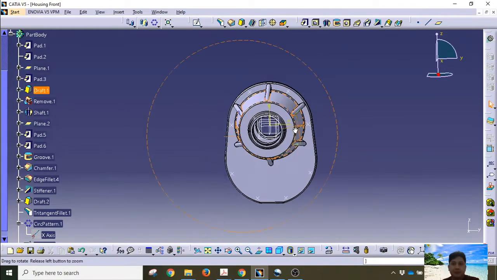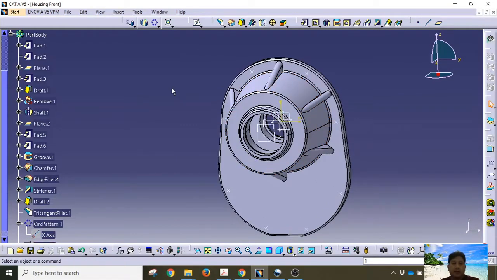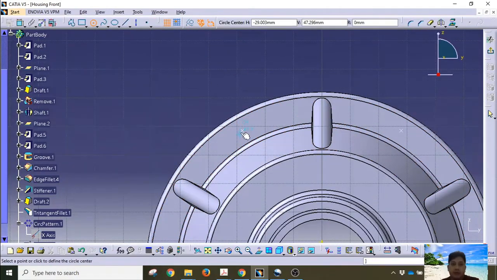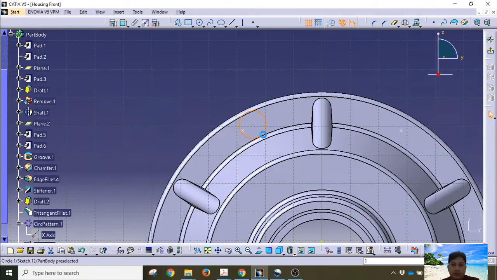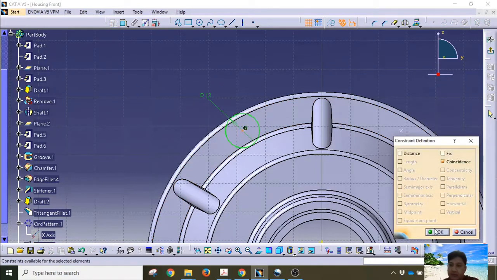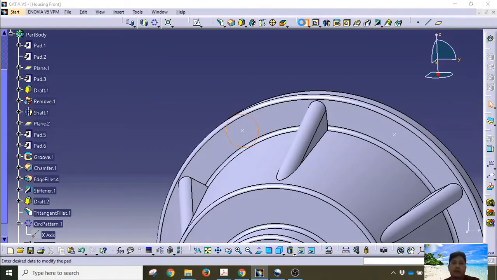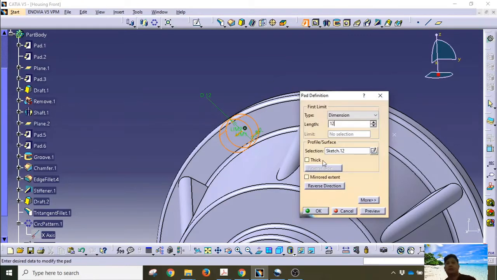Next, what we need to create is the sketch on this surface again, and this time we need to create a circle, and the circle has a diameter of 12. We start here and then choose these 2 points and make sure that they are coincident with each other. See the sketch, we create a pad on that sketch with the length of 12 millimeter, and also